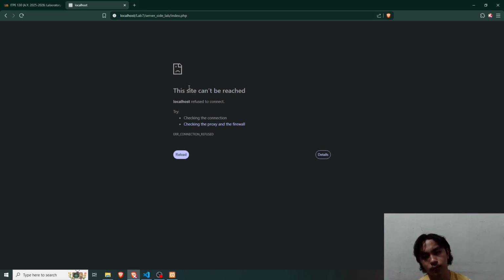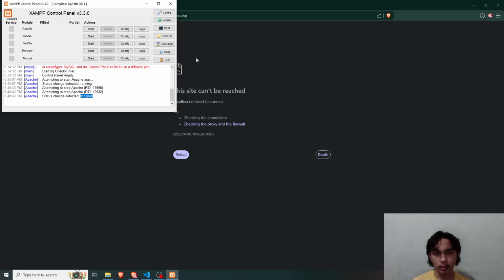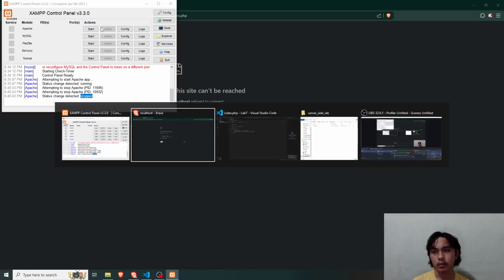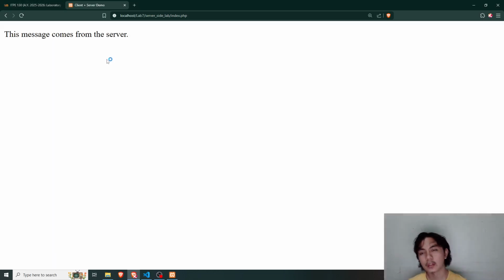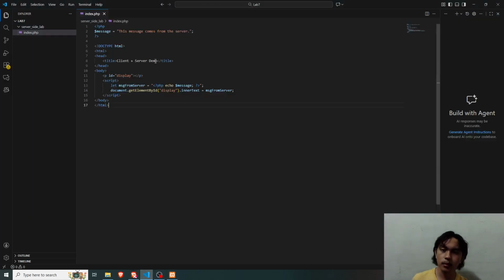It says this site can't be reached because localhost refused to connect. That's what happens when we stop our Apache. So let's try turning it on again. Running, refresh, and there it goes. The message comes from the server. It displays the message that we've set here.